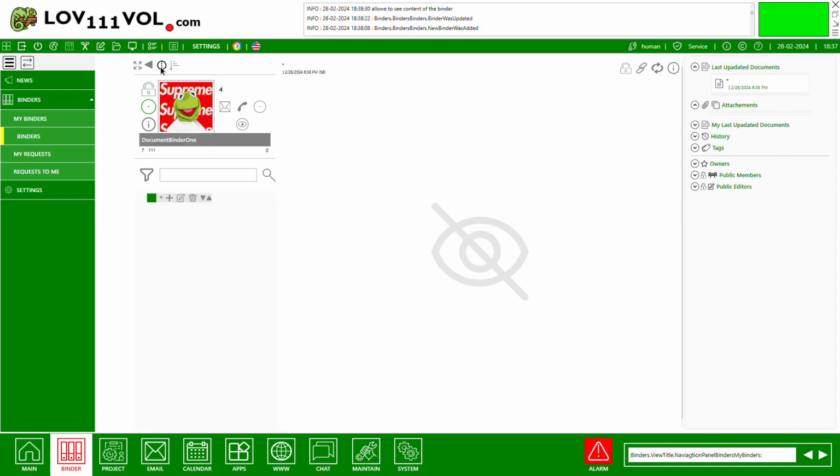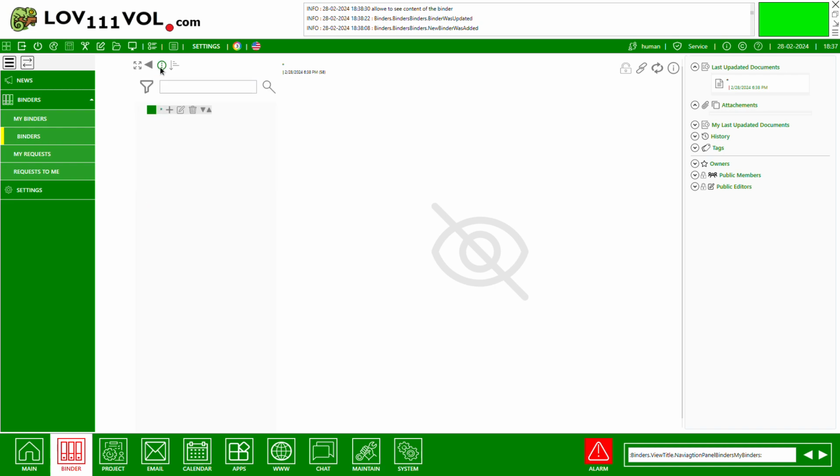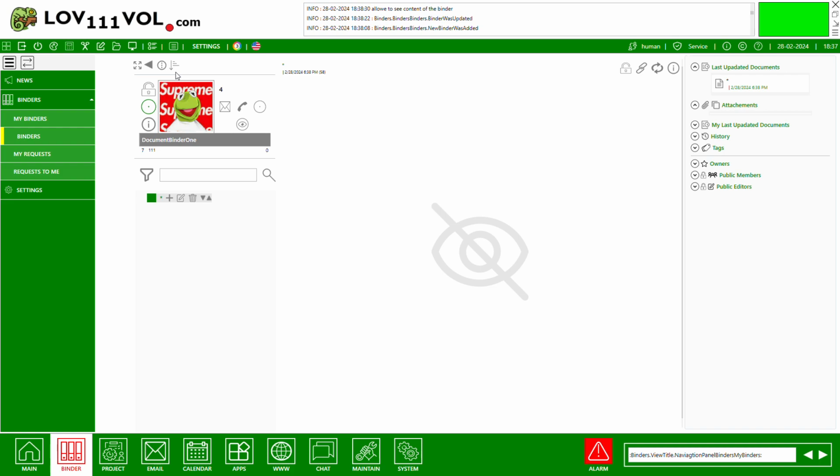You can hide the information about the document binder by pushing this button here, the 3 points. If you want to see it, then you can select this button. If you want to follow the document binder, you have to push this button with the eye here. And now, if you add some new documents, you will see notifications: who created, when was the document updated, who updated the document, and you will get a